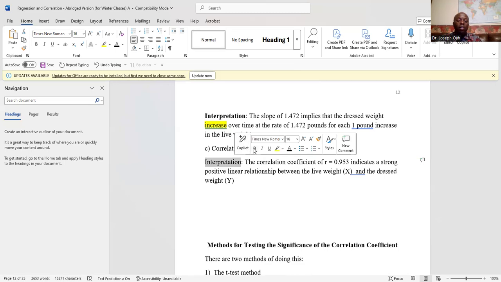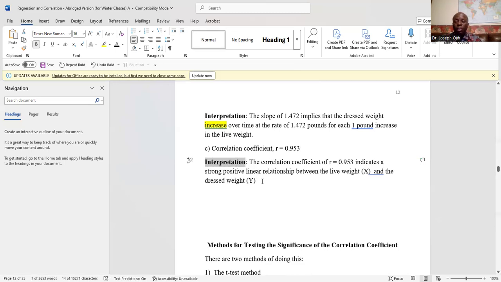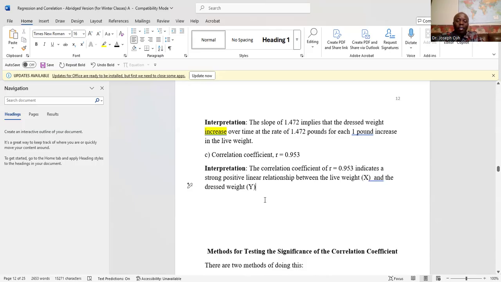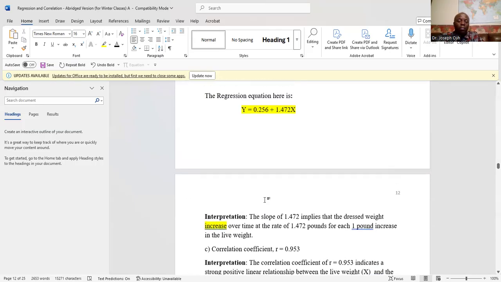Which means that as the live weight increases, dress weight increases. If this answer is negative 0.953, that means it shows a strong negative linear relationship. But here it is positive, so it's a strong positive linear relationship. Now, you answered the main question. Well, three questions there. So how many is left? We have